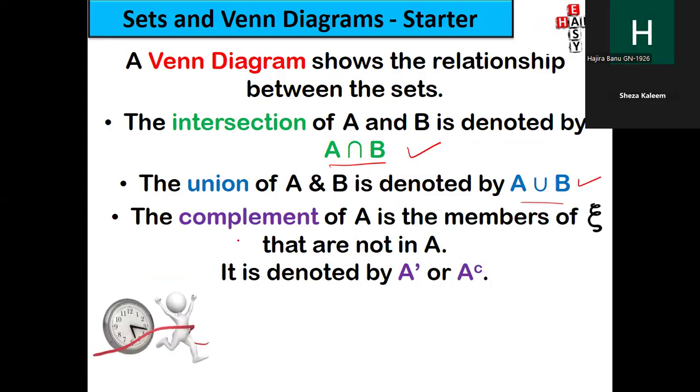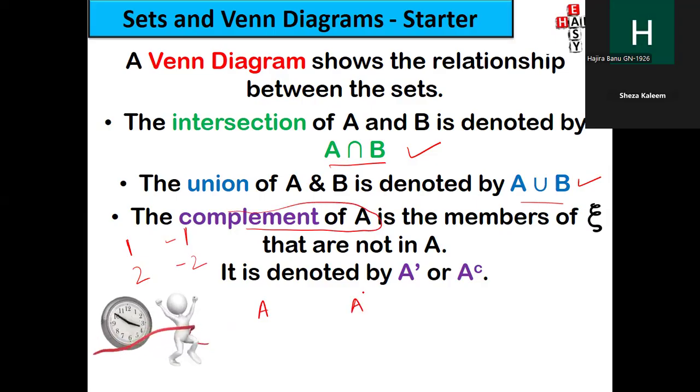The complement. Now you see in mathematics, 1 is a positive number, minus 1 is a negative number. 2 is positive 2, minus 2 is negative 2. Similarly, in sets also we have the negative sets, which are represented as the complement of A. We have a symbol for that. It can be written like this as A complement, or in your system you will be representing A complement using this symbol. So what is a complement? It is the negative set of A.